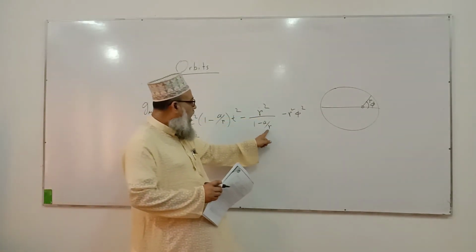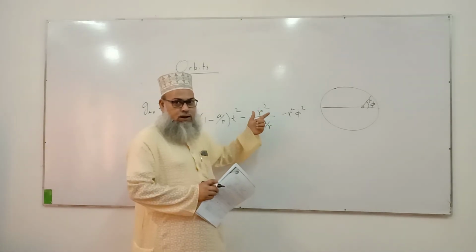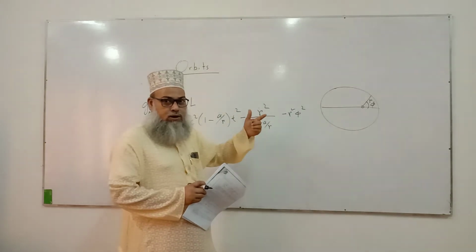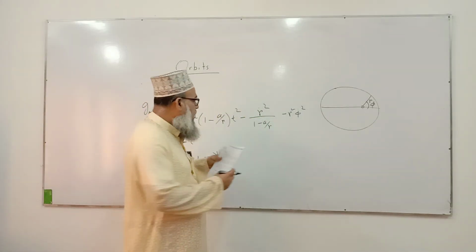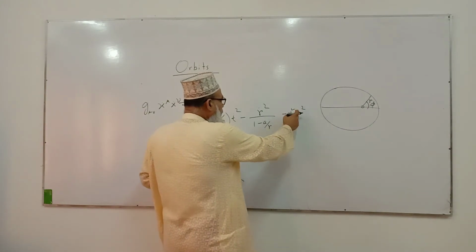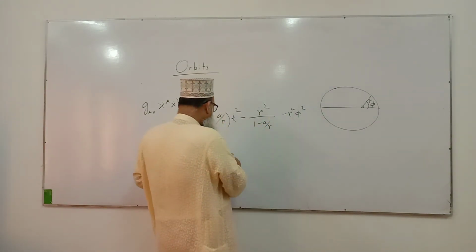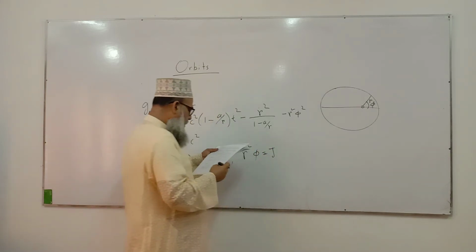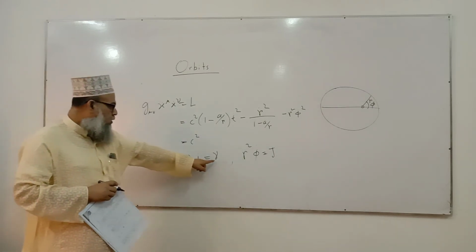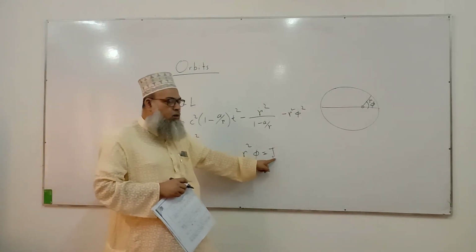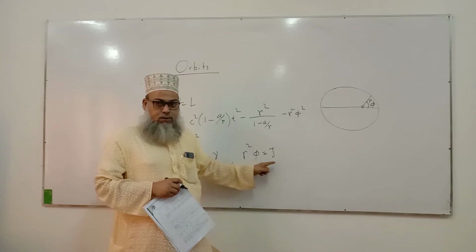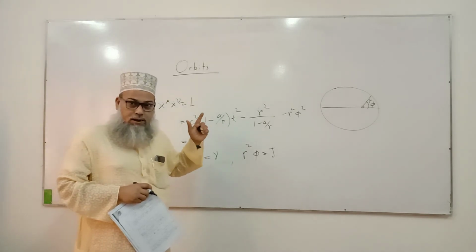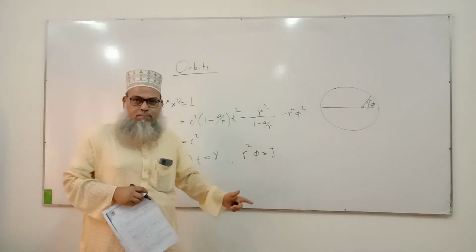Also, r is not cyclic, so we cannot find an r equation. But there is no phi, so we can get another equation for phi. So differentiate, you get 2 r square phi dot, cancel 2, and write r square phi dot equals j. r square phi dot equals j. This is called the energy constant, and this is called the angular momentum constant. Not actually the energy or the angular momentum, but they are related to energy and angular momentum.